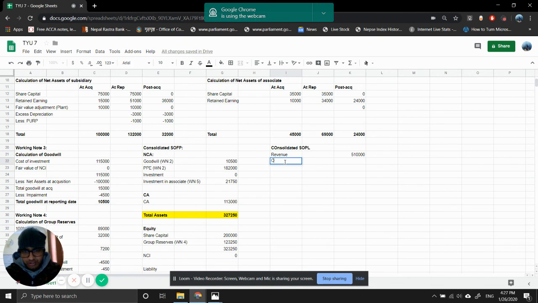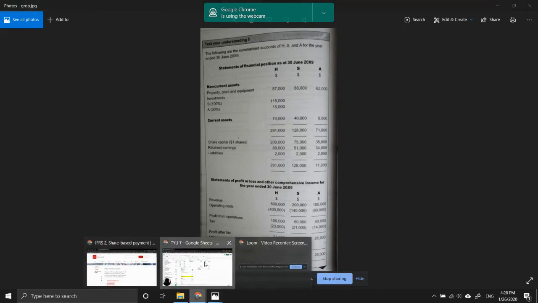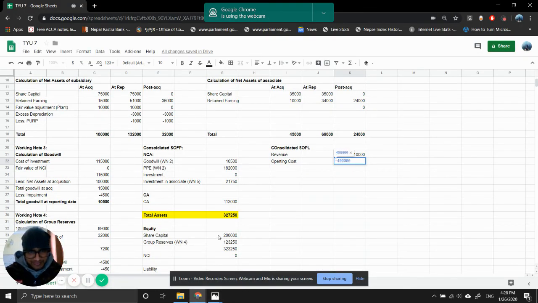So operating cost does not have any, operating cost which will be equal to this figure plus this figure, 400,000 plus 140,000, right? And then after that, let's eliminate this 10,000 because there is cost of sales in that 10,000 as well. And then after that let's add